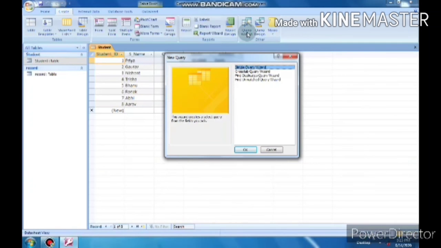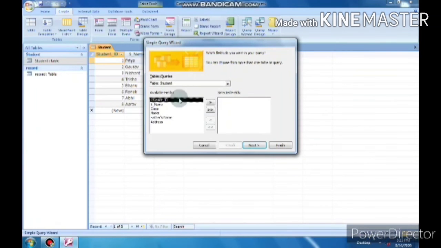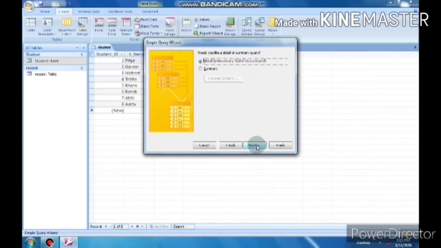First, check student table. In the student table, first field is student ID, student name, class, marks and address. Now check in record table. First field is student ID, login and password. Before creating relationship between two tables, one field should be same in both tables. Then after you can create relationship. So student ID field is in the student table also and in the record table also. So now we will create a relationship between student table and record table, and by using which field?